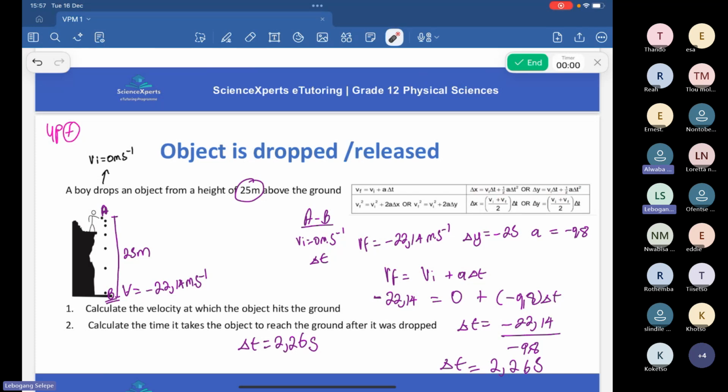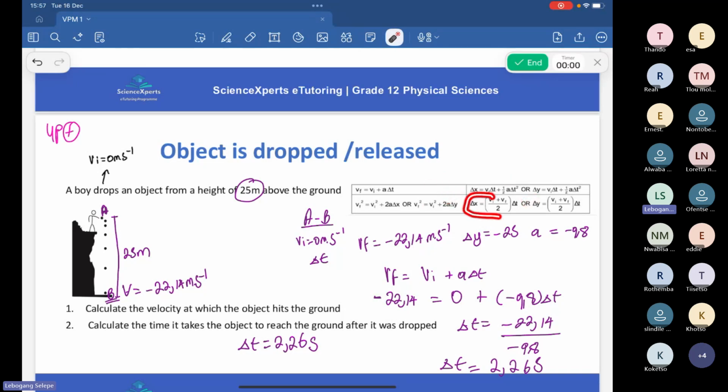Is it the same answer, sir? Yes, you get the same answer. Because I squared the answer I got, but then I square rooted the answer I got, and then it gave me 2.26. The same answer actually. All right, that's good. But I'm just saying that sometimes when you use these different formulas, they can give you different answers,